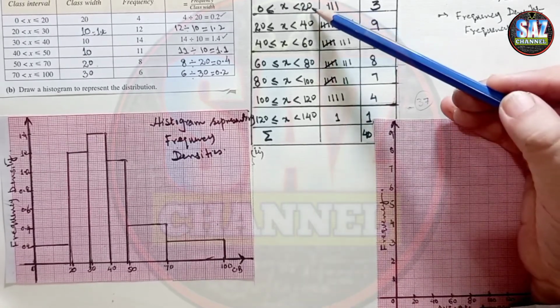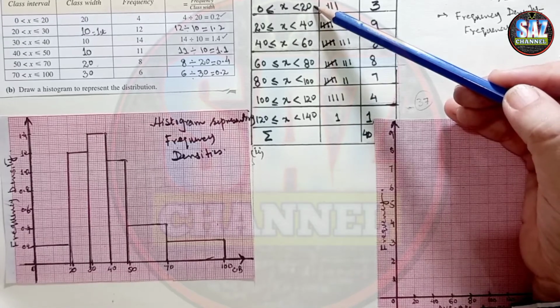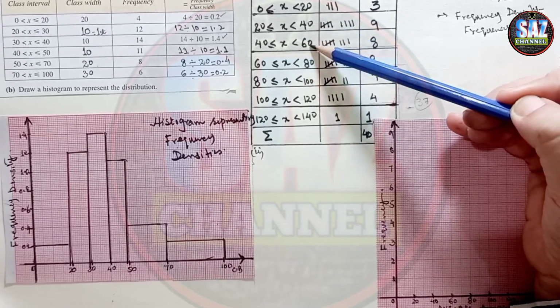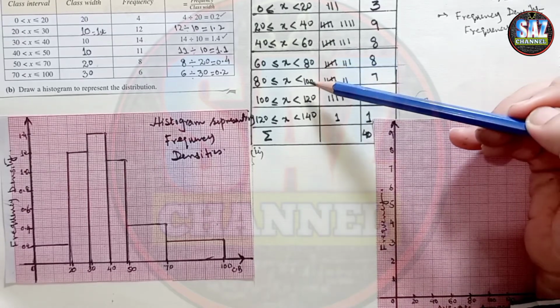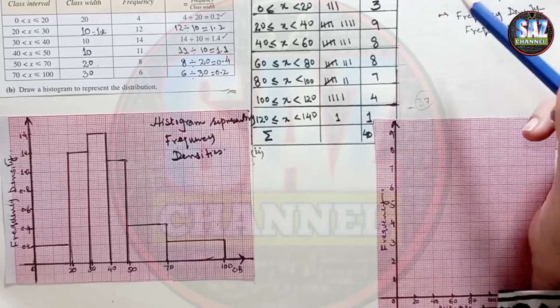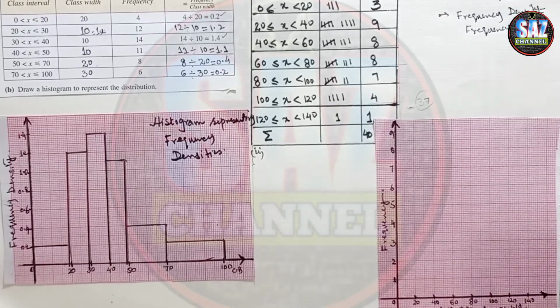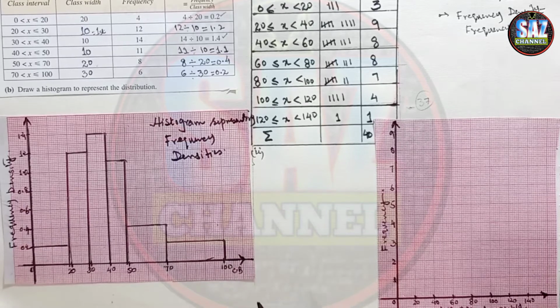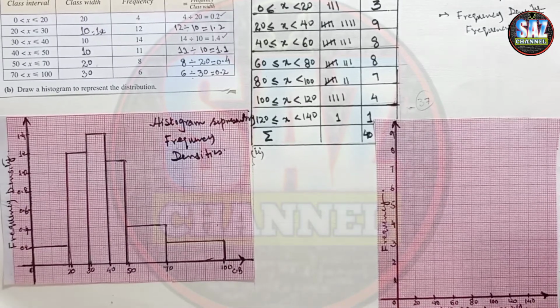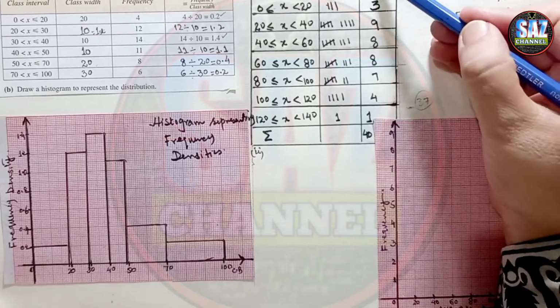And recall my previous lesson, what is the procedure for the construction of a histogram. Check the class width. 0 to 20, this is 20 units; 20 to 40, 20 units; 40 to 60, 20 units; 60 to 80, 20 units; and so on. All classes have the same class width. It means that we are not going to struggle with the height of rectangles or frequency densities. Actual frequencies will be plotted.